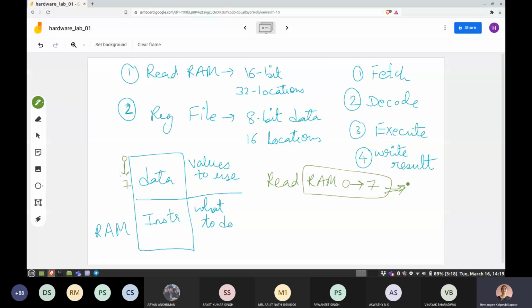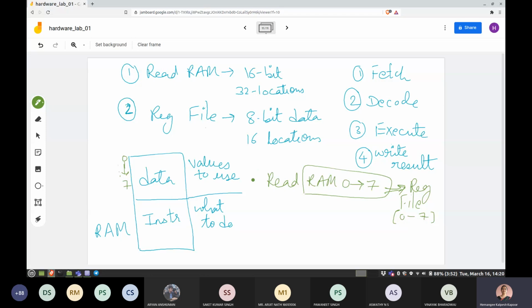Okay, my register file also has RAM 0 has the data value. It comes in the register file 0. Now the question is your RAM is 16-bit and your register is 8-bit. So when I'm dealing with data, I'm going to use the LSB side 8 bits. So your RAM will give you 16 bits. You have to use only the LSB side 8 bits and load them into the register. Remaining bits you have to discard. So with this we have done loading of the data.